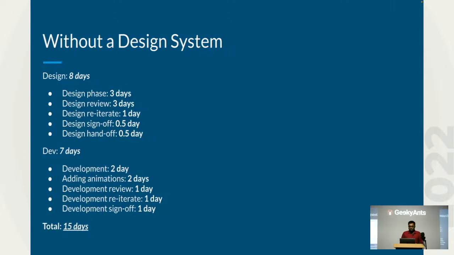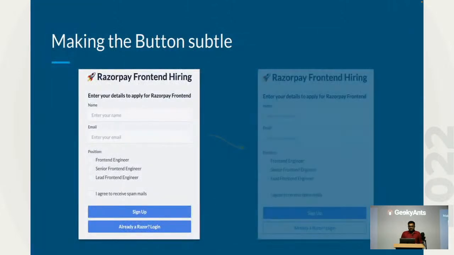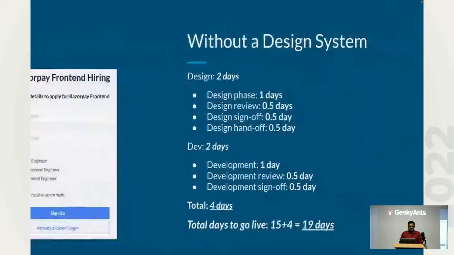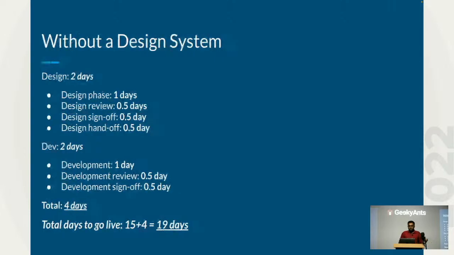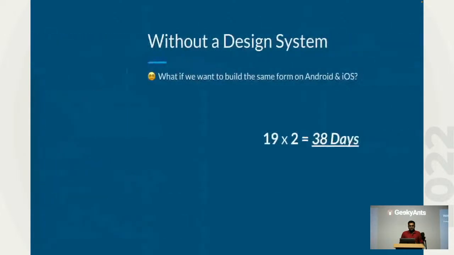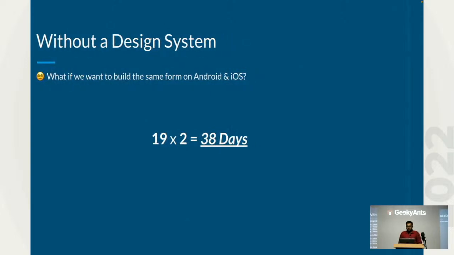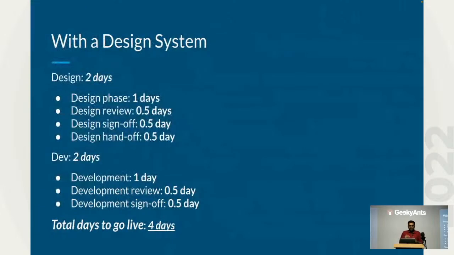But what happens when the design decides after 15 days that they want to change a button to look a little subtle? Now, again, you go through the same process. Sure, it'll take a little less time, but that just means that total days to go live is now up to 19 days. And now, what happens if you want to build the same form for Android and iOS? You just multiply that by two, I guess. You're at 38 days. But with a design system, we were able to bring it down to just 4 days,